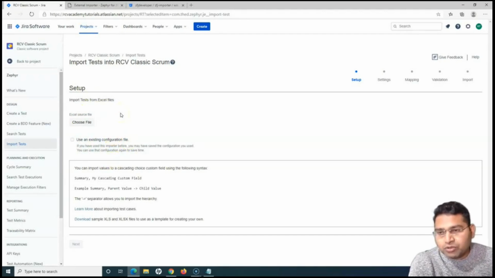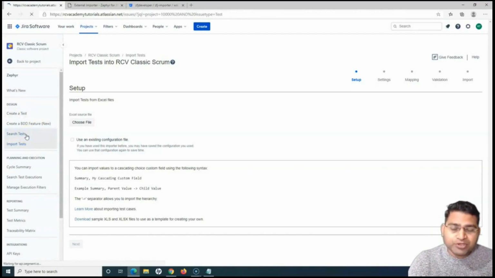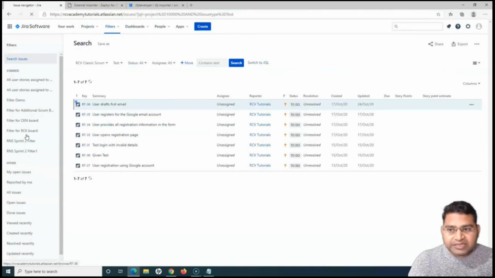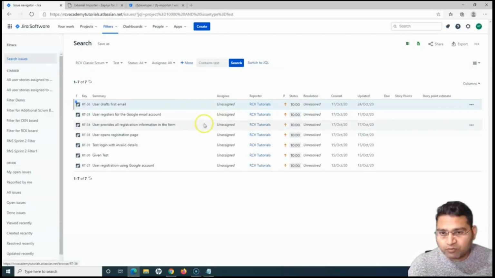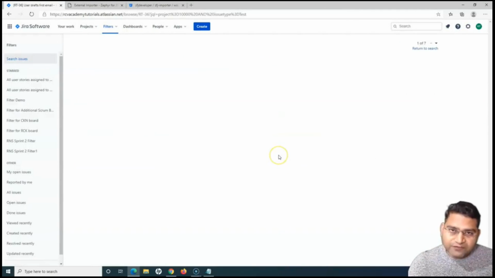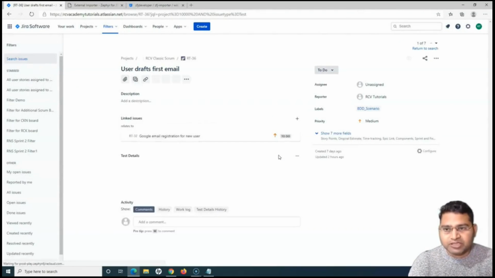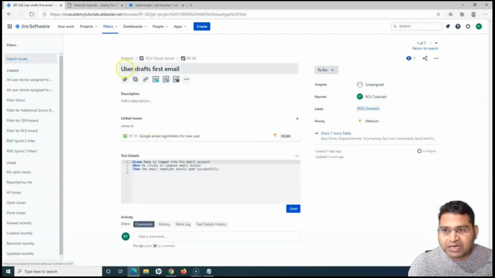Prior to preparing your Excel file, the first thing is to check the existing test cases and map the fields that are available in the existing test cases to the Excel sheet accordingly. Okay, so let me open one of the test cases and first see what fields are available on it. I have the test case name field, then I have the description field, then if I go to the test details field, this is